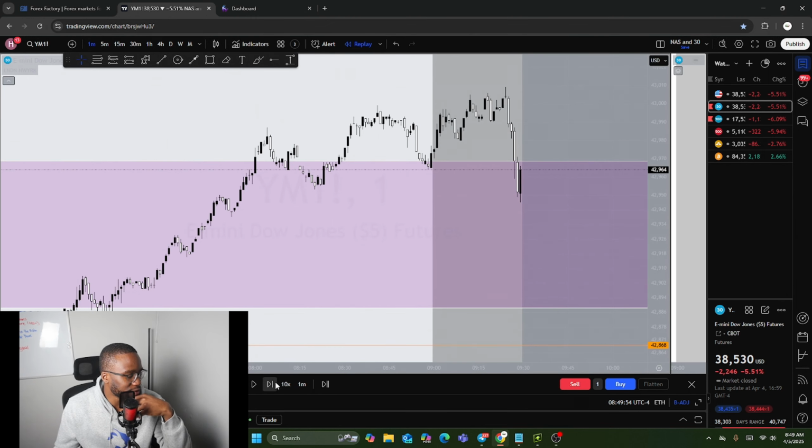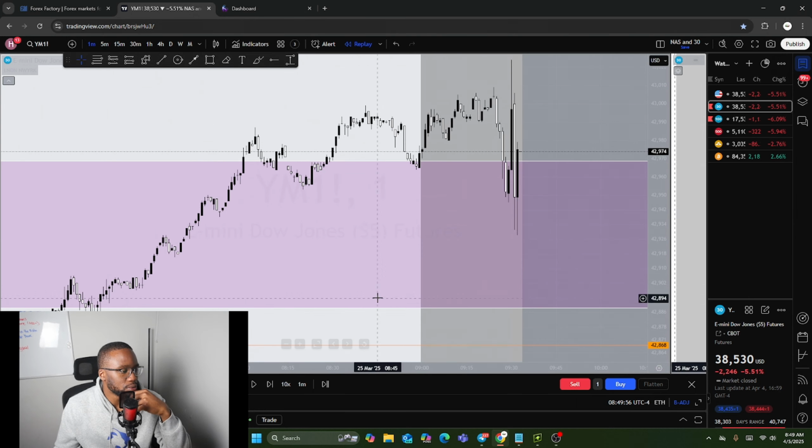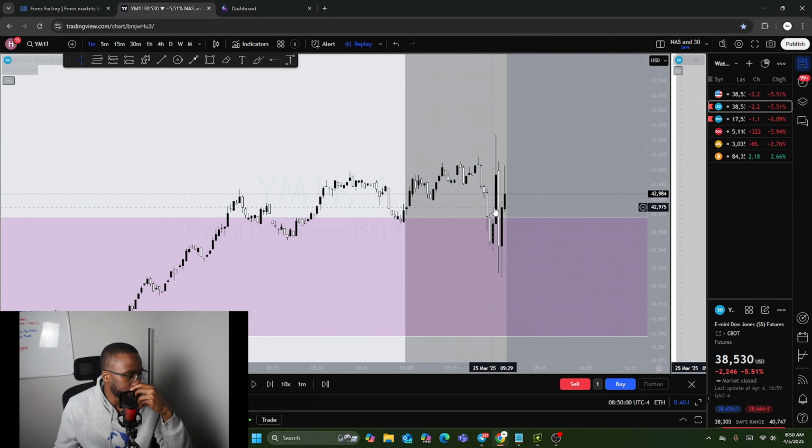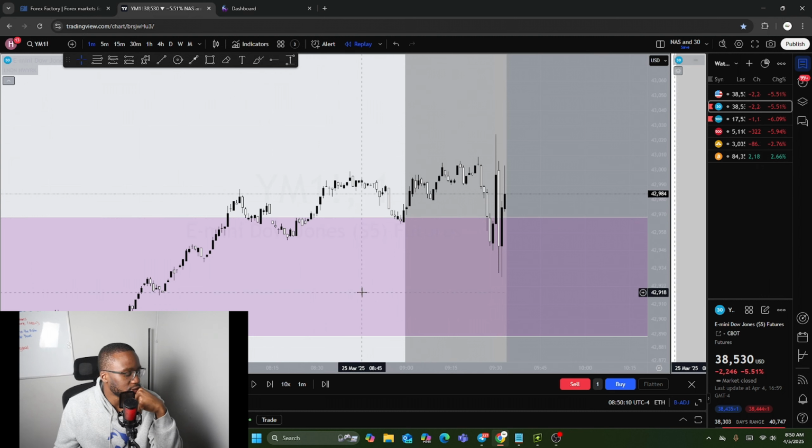Let's see whenever. Ooh. You see what it did? Came down here, pushed up. I wouldn't have taken this. The reason why I wouldn't have taken this is because it's too big of a move. How would I be able to catch this? If I even wanted to take this trade, let's say